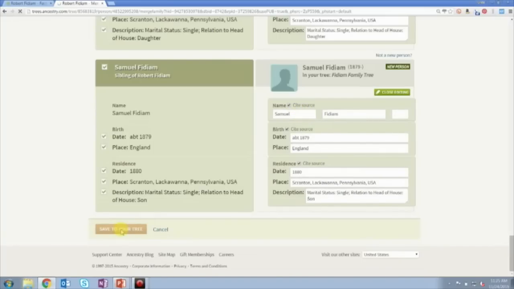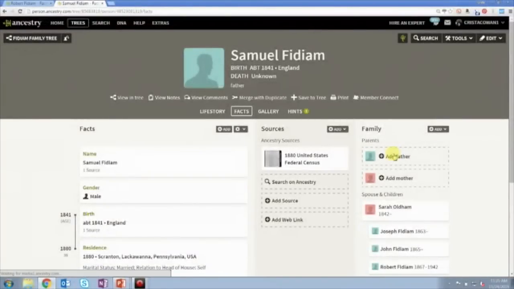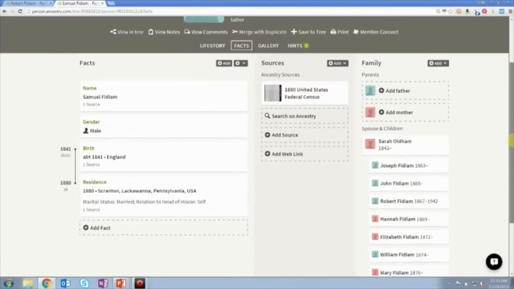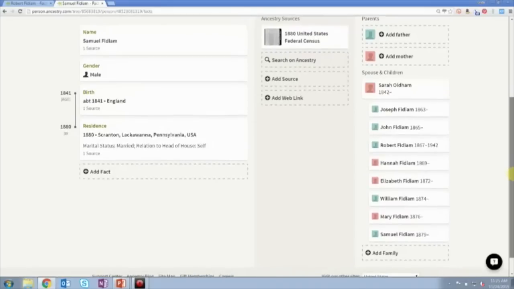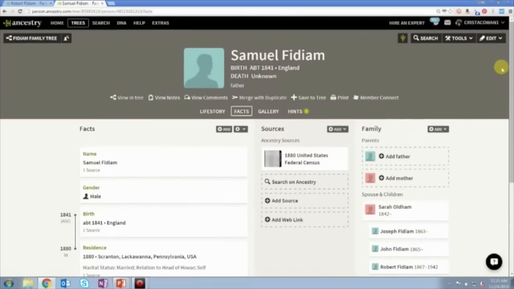I find that when I manually enter information, I'm more likely to remember it, but sometimes it's nice to just have the system do it for me automatically. Okay, so now we have this whole family here, Sarah and Samuel, and their 8 children, including our Robert, and all those people except Robert were added automatically based on the fact that this 1880